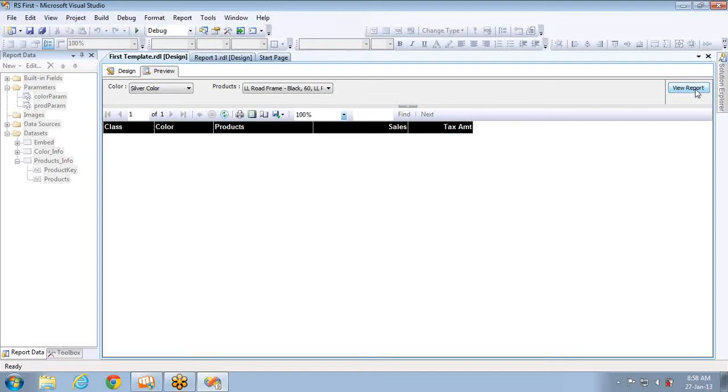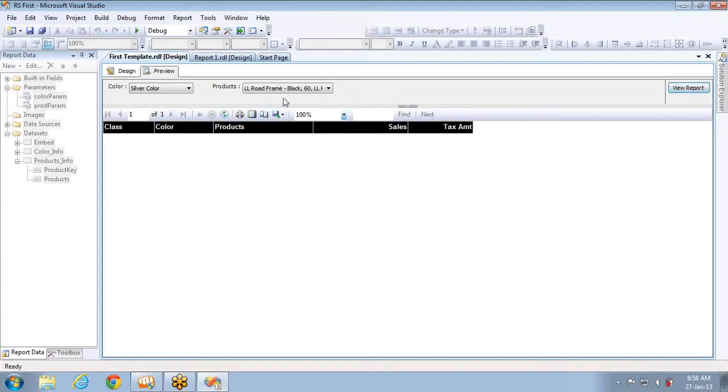And nowadays clients are not accepting the reports if they have more than 2 parameters and those are not cascaded, which will increase the overhead on the end user. So that's why they are asking for cascading. Now let's see. We designed parameter color and we designed parameter products, and now how to cascade these things. You can easily understand what is your requirement.